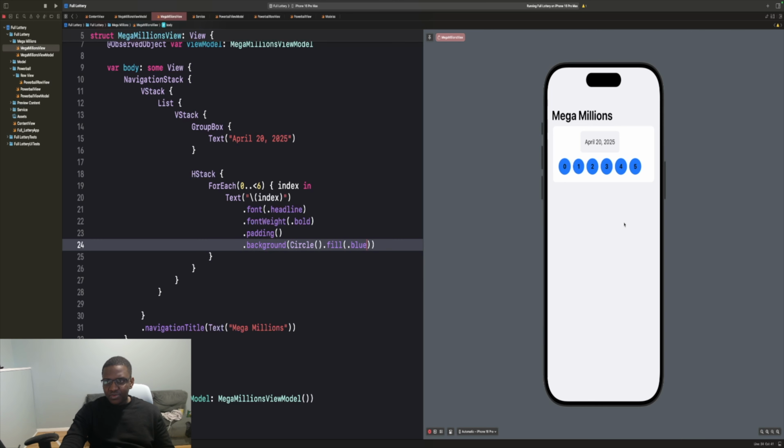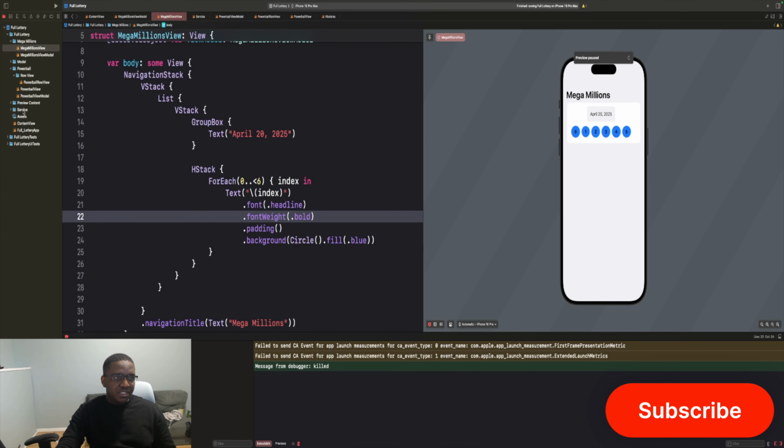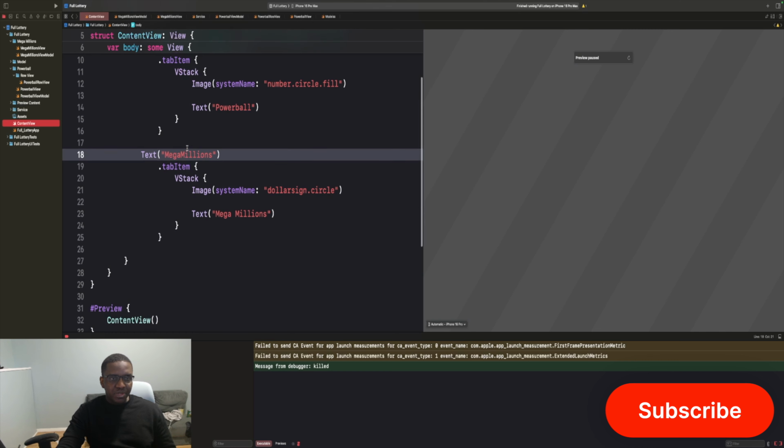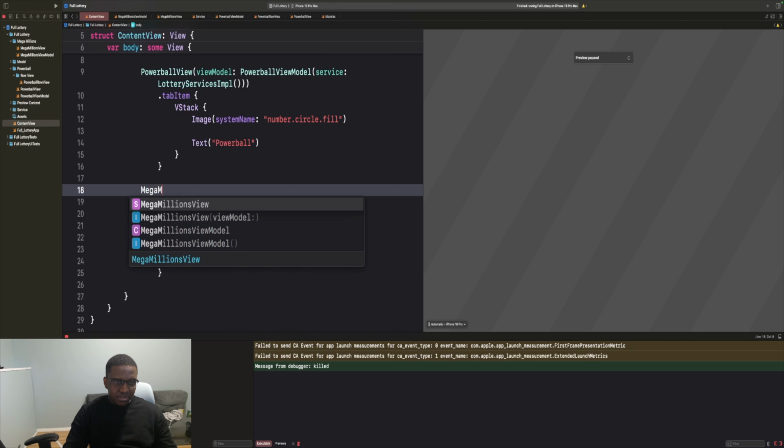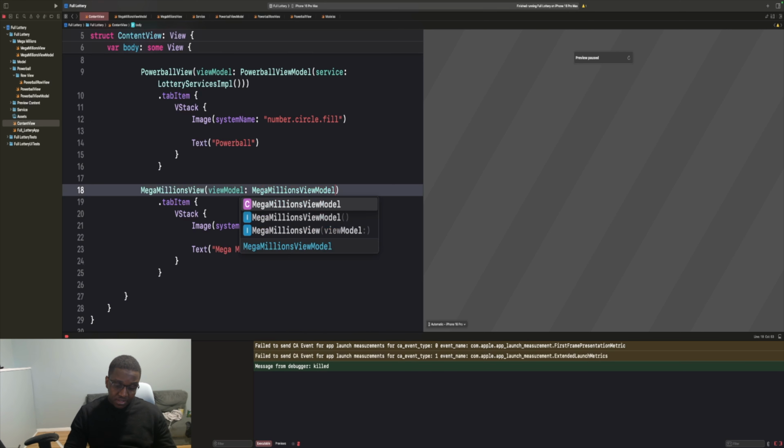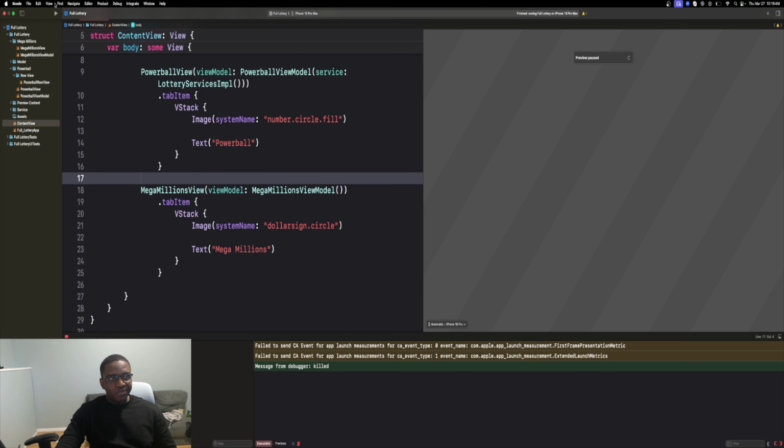And then our preview loads, and then we look like that. Now let's go over to content view. And we're going to replace this text that we had here in our tab view with our Mega Millions view. The one that requires a view model, since we made it so that it does require a view model, and we'll just paste that there. And now if we run,